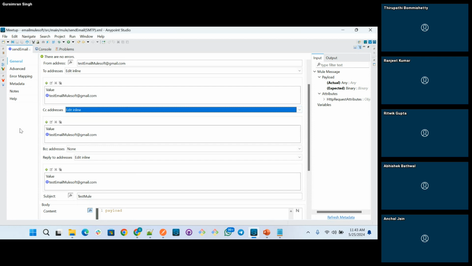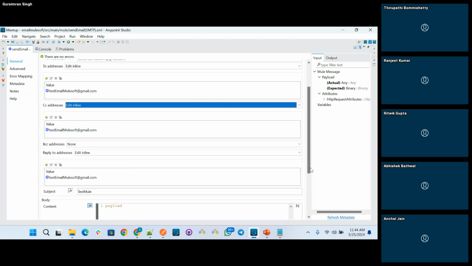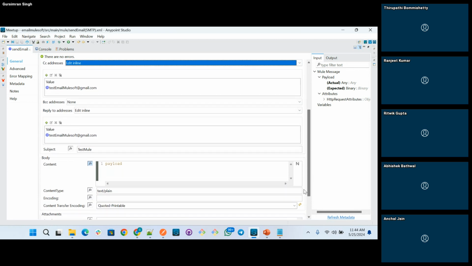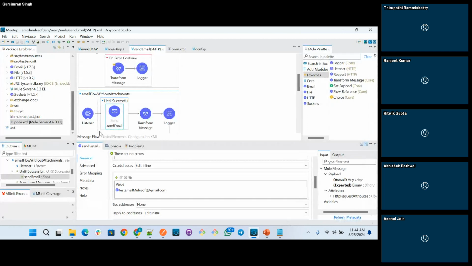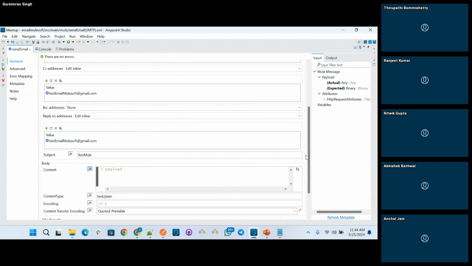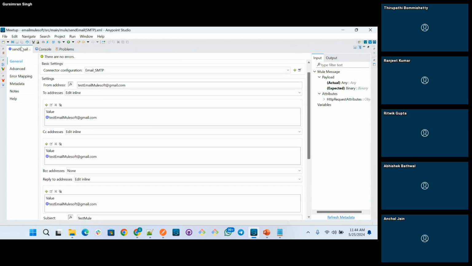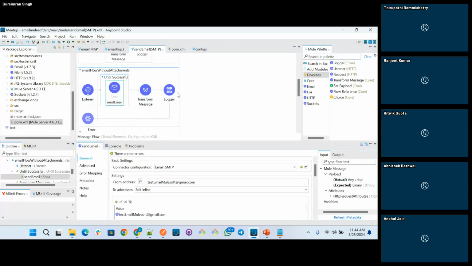I tried it, but did not want to make it complex for the meetup. So you can create it dynamically from the payload. You can define it with the hash and brackets we use to read any payload or variables. That will make it dynamic. Correct, got it, thanks. Basically, all the fields you see in an email, CC, BCC, reply to, you can set all the fields which you see in a normal email.